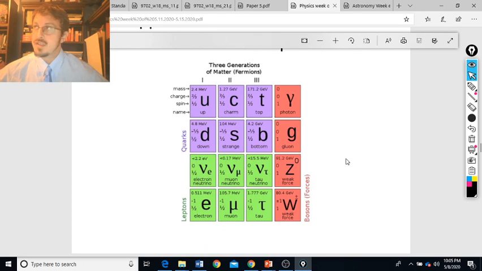This all, of course, leads to an idea that most physicists would call the standard model of particle physics. And some people don't like that name. I know that there's a great book called A Beautiful Question, Finding Nature's Deep Design, written by Nobel laureate Frank Wilczek, and he would prefer to call it the core theory rather than the standard model. So this is all part of that particle physics and how we can explain matter in terms of these very fundamental particles. And here's a table of different particles, quarks and leptons, and then you've